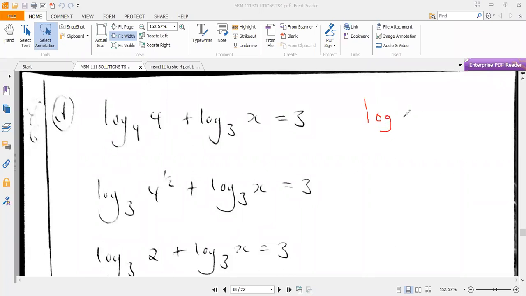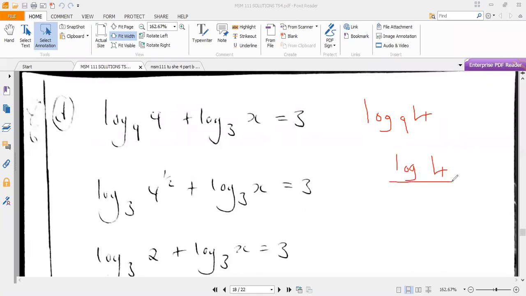Log base 9, then here we have the index 4, isn't it? So if we want to change this to something that we want, we can easily say that we have log base 4